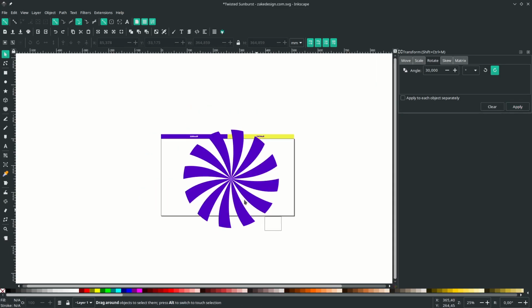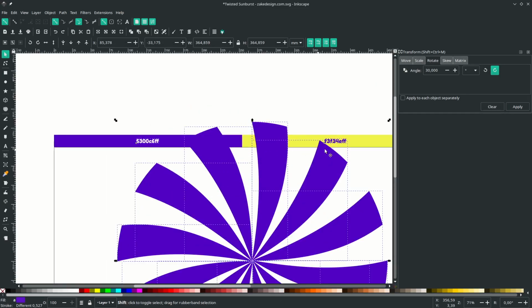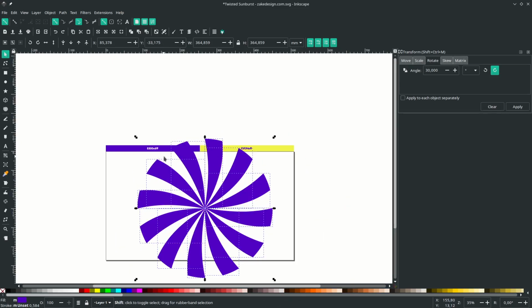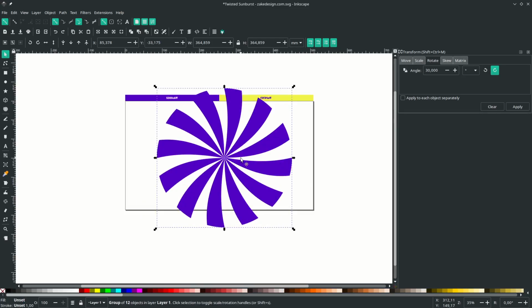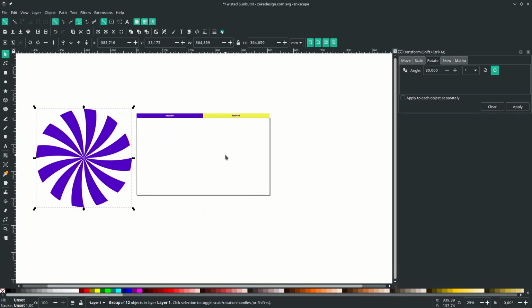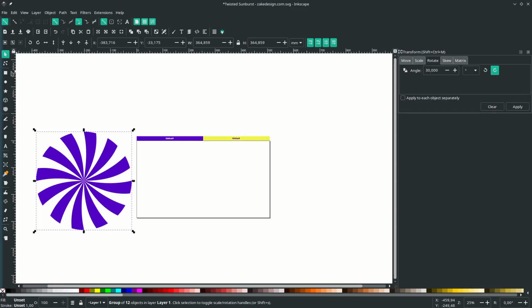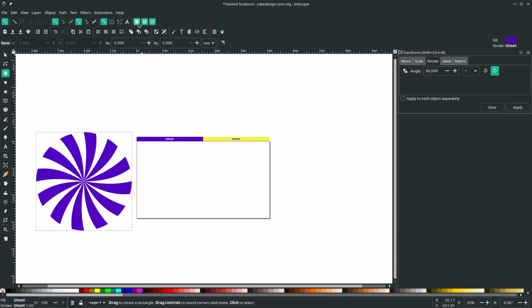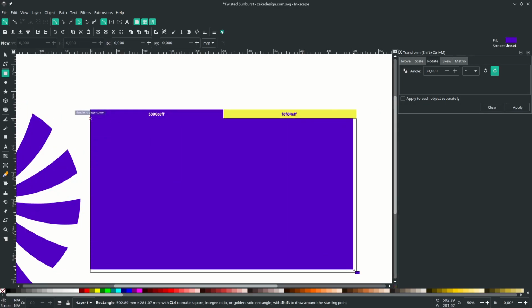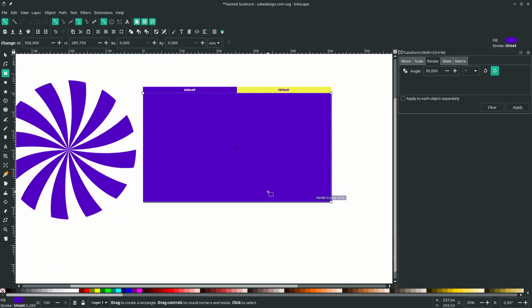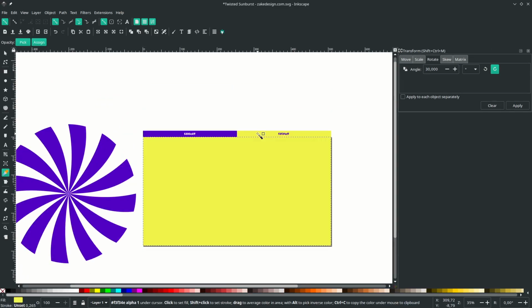And make your group. Select this and just unselect this palette. Press Ctrl G to group. Alright, just move it to here for a moment. We're gonna make the background with a rectangle. Click this and make sure you activate this snap to the border and this snapping. Move on this corner and drag down to the bottom and change the color to this color.